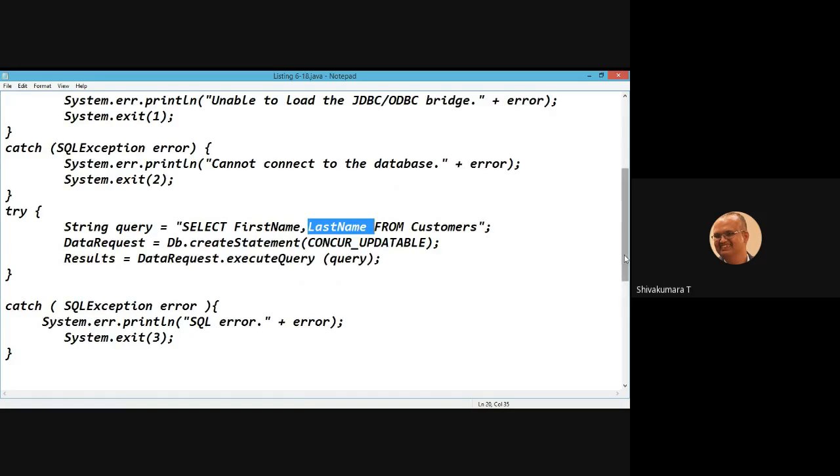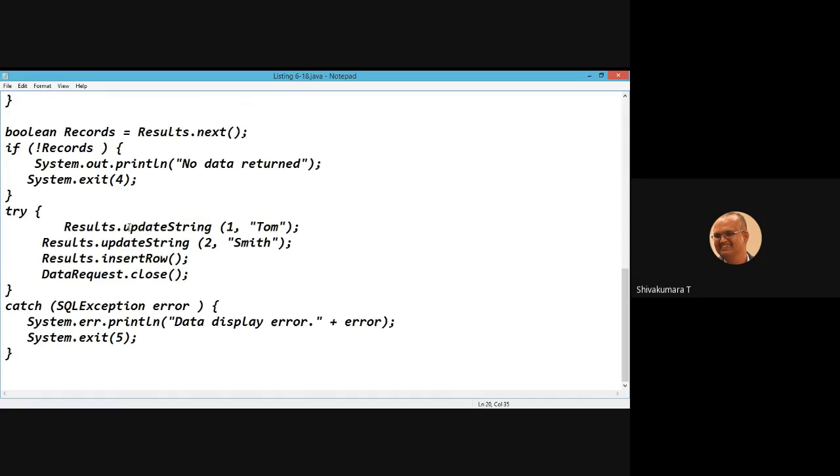In the first column you are updating the string as Tom, and in the second column you are updating the last name as Smith. Rather than update row, you are using the insert row method. So a new record of Tom Smith is inserted into the result set of that customer table. Clear?